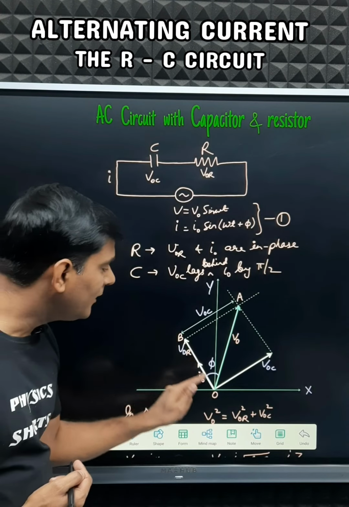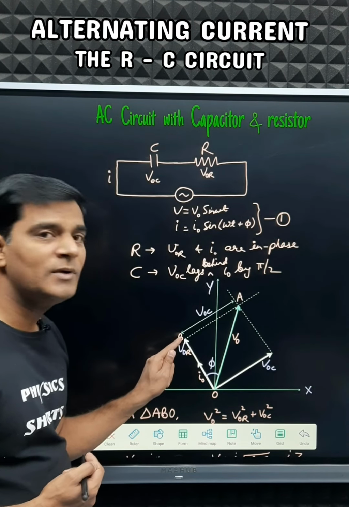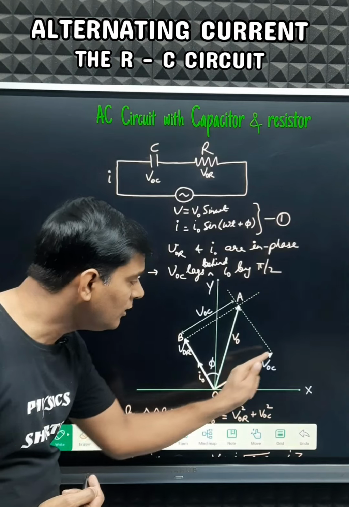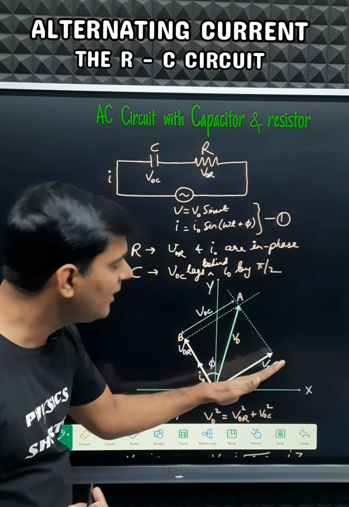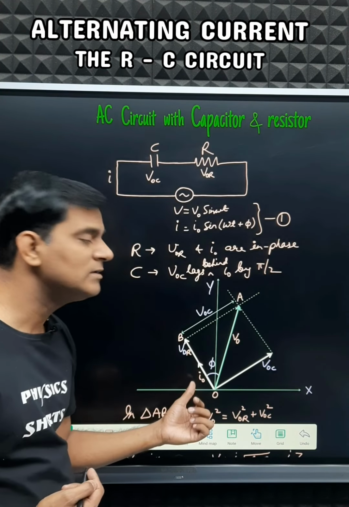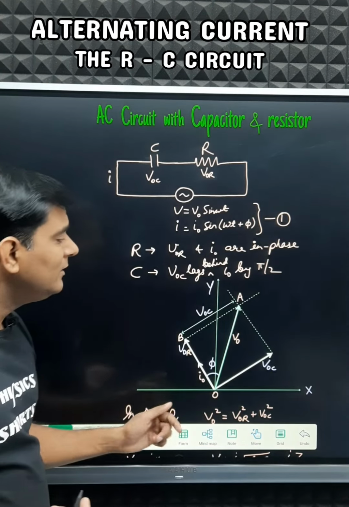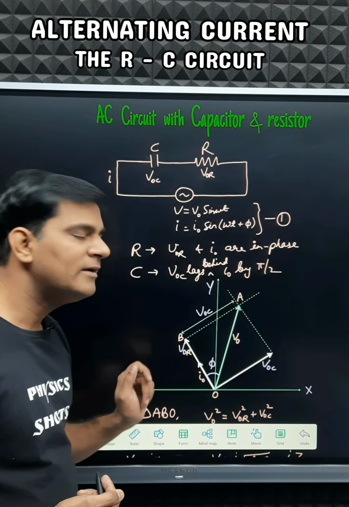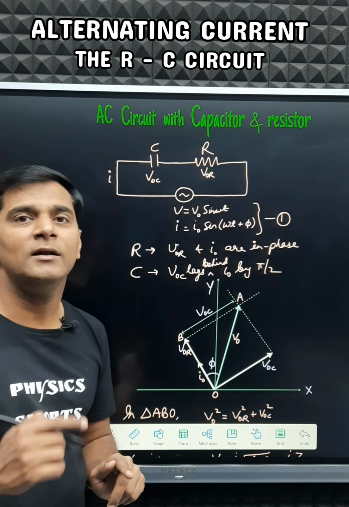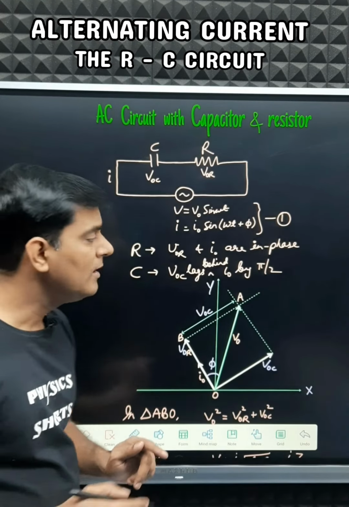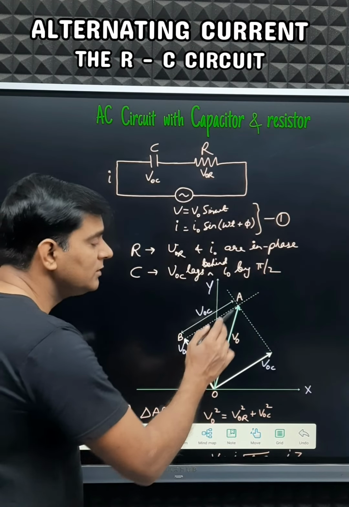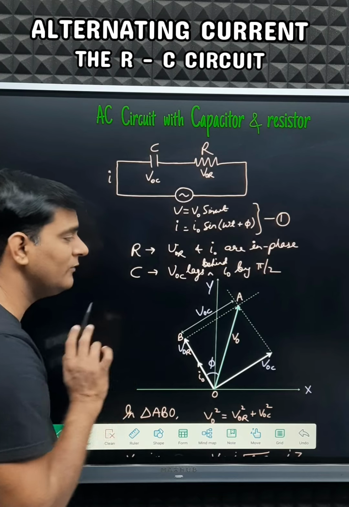Using these two properties, we can draw the phasor diagram in this situation. In this phasor diagram, I0 and V0R are in the same direction, and V0C is 90 degrees behind the direction of I0. To find the resultant of V0C and V0R, we use the parallelogram law of vector addition, and using this law, V0 is the resultant of V0C and V0R.